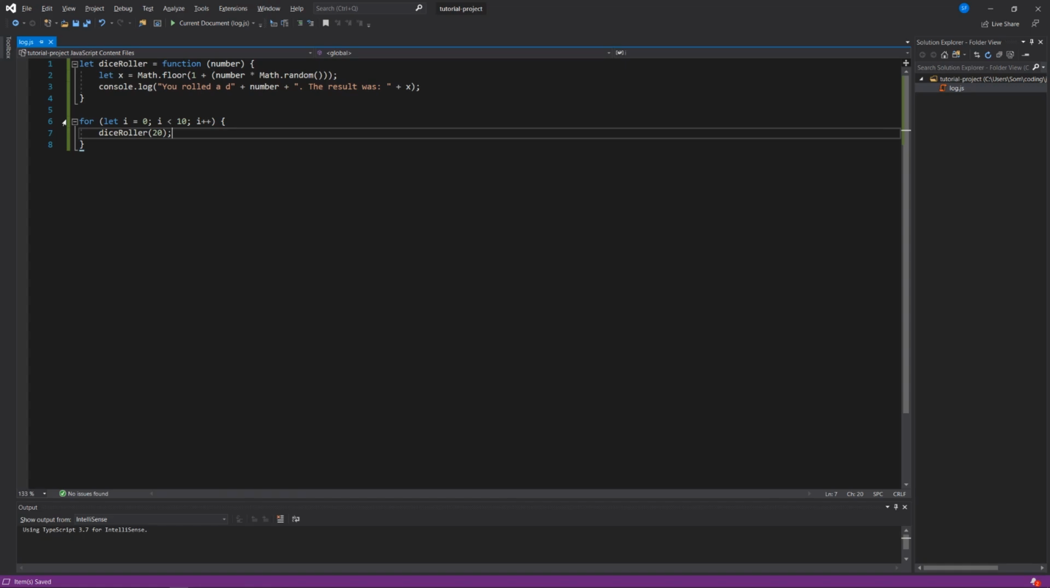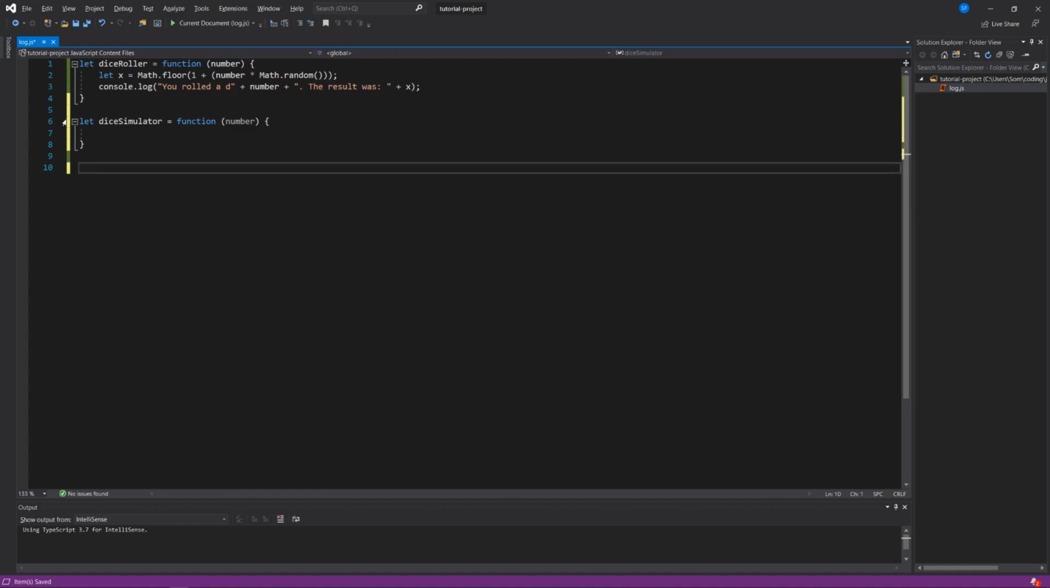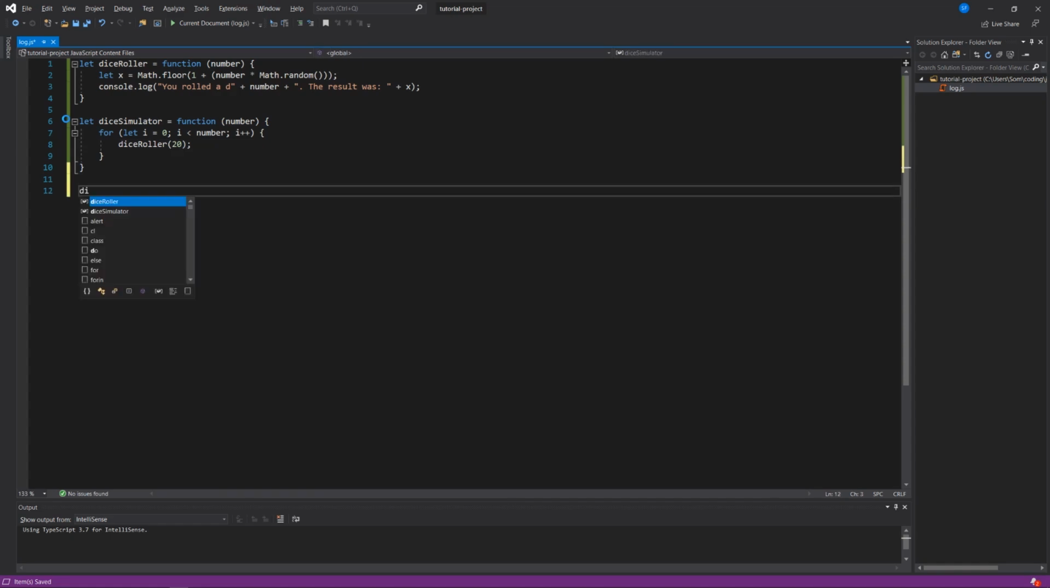In fact, we could encapsulate this concept within another function and say let dice simulator equal function, and that will take another number, and we'll say, well, actually we can just cut and paste this, and put this in between the curly braces, and we say we let i equal 0 and i is less than number, i plus plus, dice roller 20, and we can say dice simulator 10, and what should happen here is that our script will run a dice simulator, and it starting with i